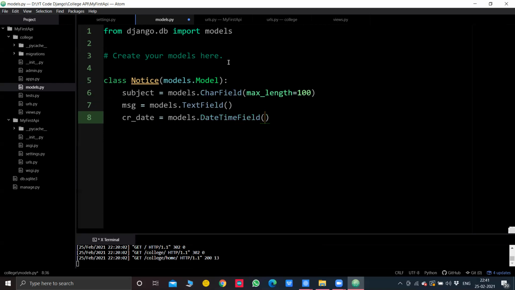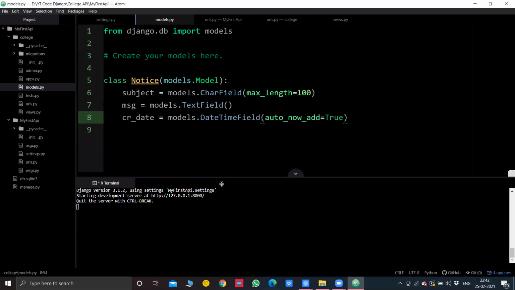DateTimeField. And what we want is for Django to automatically extract that date time. So I'll say auto_now_add equal to True. This will tell Django to record the created notice date on its own. I'll press Ctrl S.